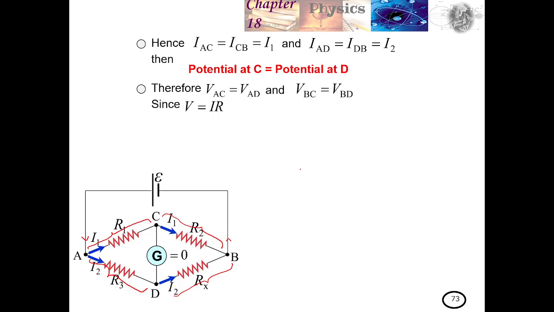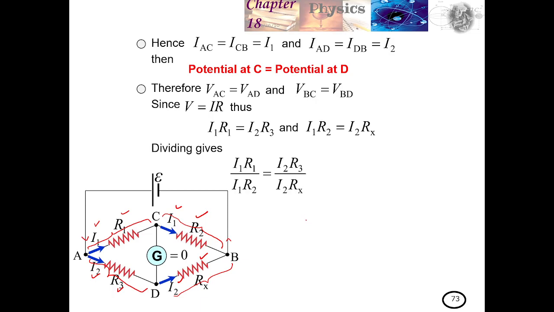Since V equals IR, Ohm's law, thus I1 R1 equals I2 R3, and I1 R2 equals I2 Rx. Rx means the resistance that we want to measure. Dividing gives I1 R1 divided by I1 R2 equals I2 R3 divided by I2 Rx. So you can find the resistance of Rx as R2 divided by R1,